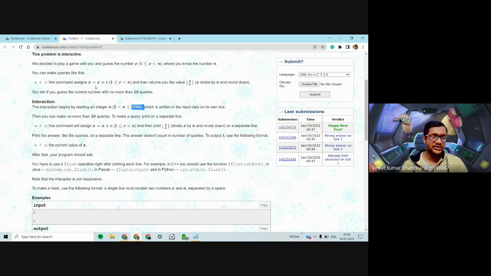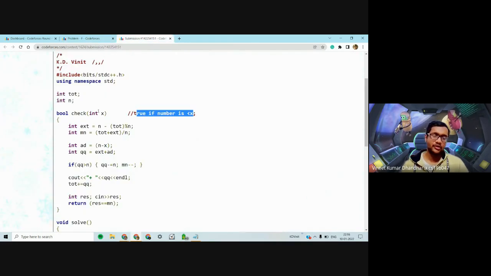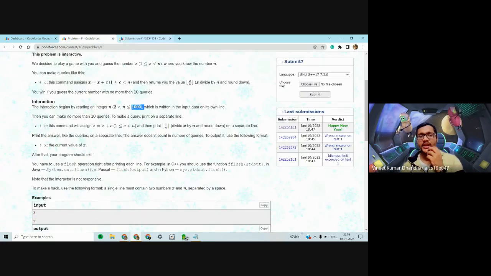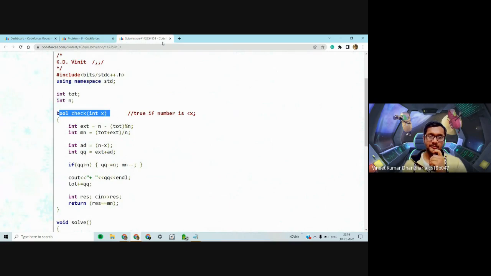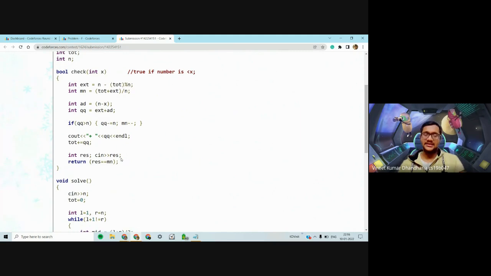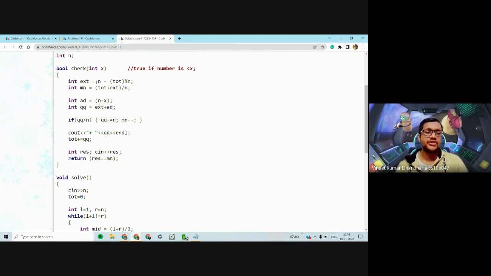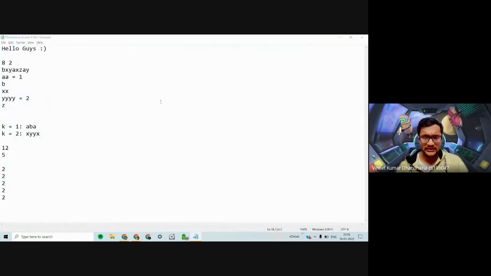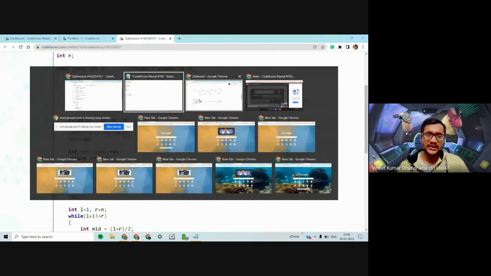Let's say the original number is X and we want to check for K. Check of K would return true if the original number X is less than K, and it would return false if the original number is greater than or equal to K. So let's see how we check that. First of all, let's do it when we don't have any addition.